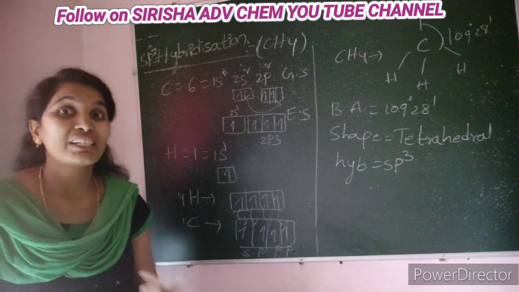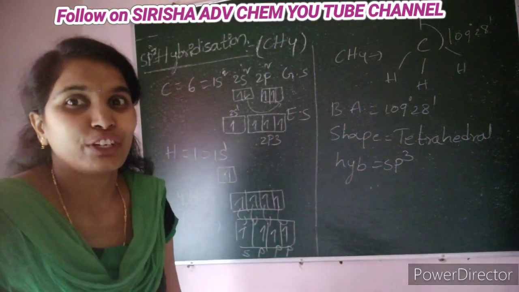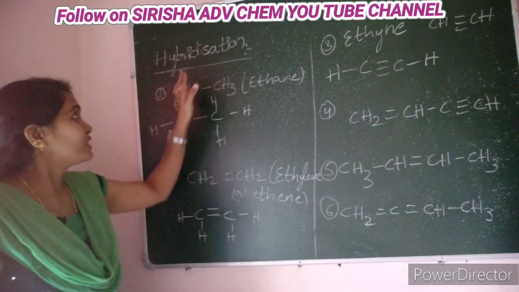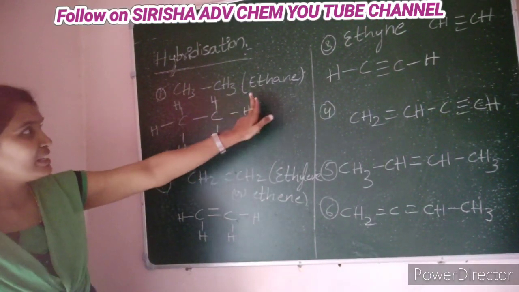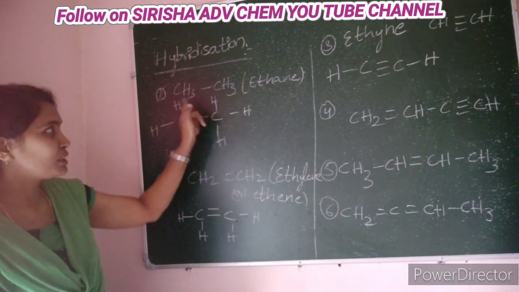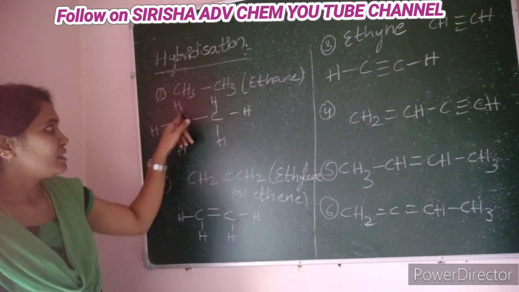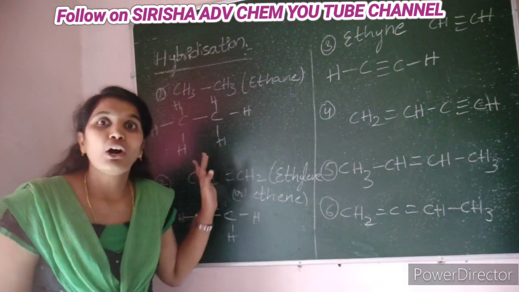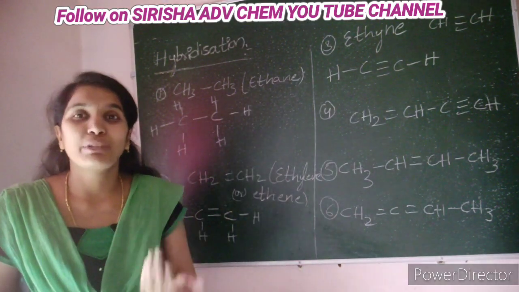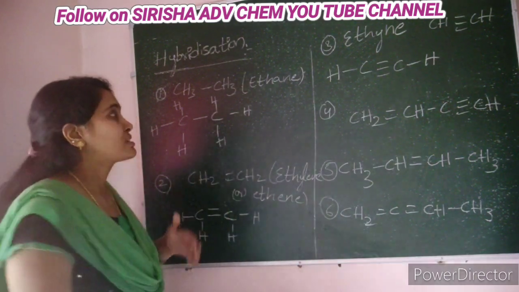Now we will see a trick. Okay, children, now we are going to see an example. First example, what have I taken here? Ethane. Eth means 2 carbons. Ane means all single bonds. By seeing the type of bond, how can we tell the hybridization? Okay. The first trick is